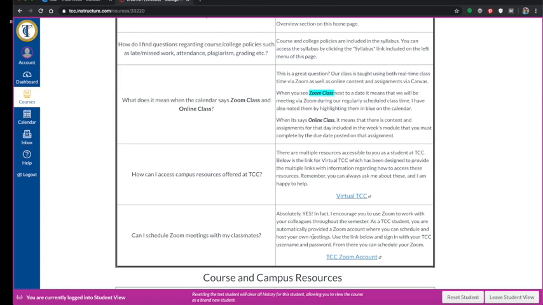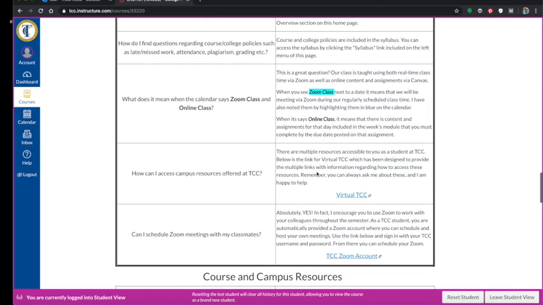It could be Zoom, which means live, we're all together in that digital classroom, or it's online, which means you're working on something through what I give you in Canvas, okay? So Zoom class means that we're there together virtually at the same time, able to engage and discuss. And then online means that you're going to do it on your own through the content that I give you,